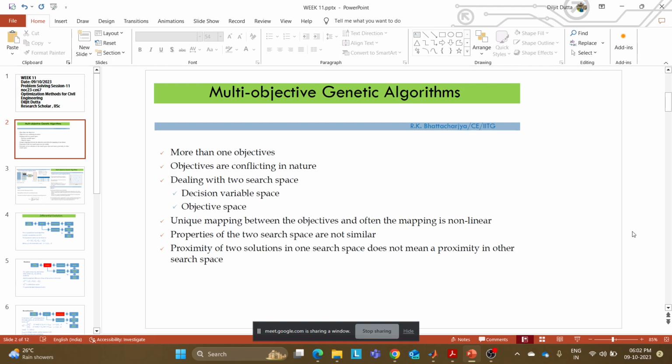These are taught in class already, so I'll just brush up the concepts once. So what is multi-objective GA? Multi-objective GA is when you have two objectives to satisfy in an objective function. That is, we have to